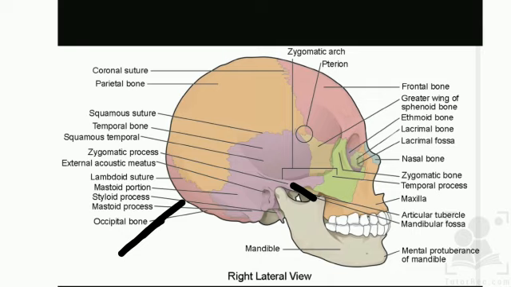From the zygomatic process of the frontal bone,